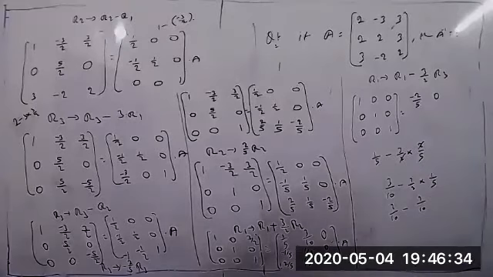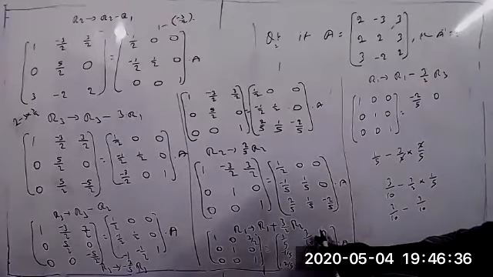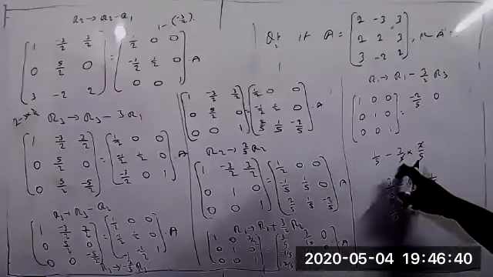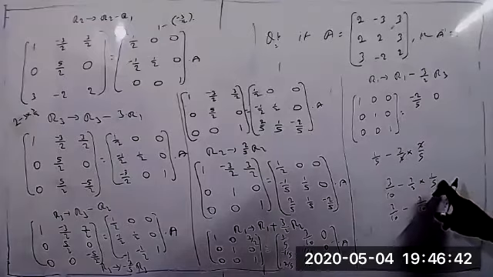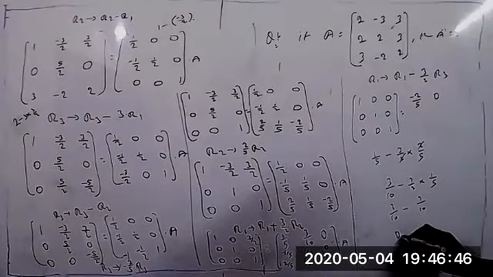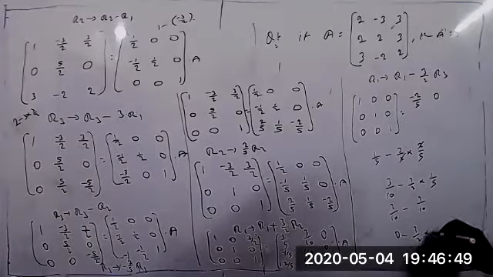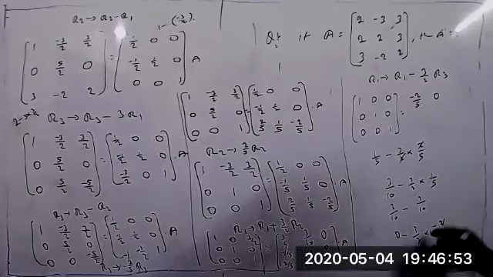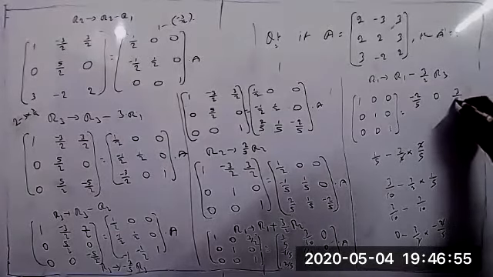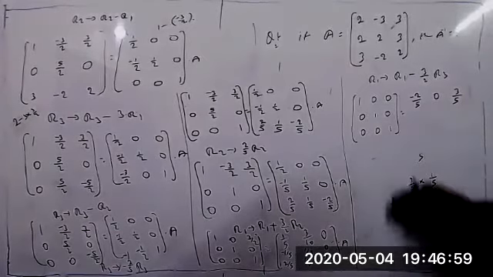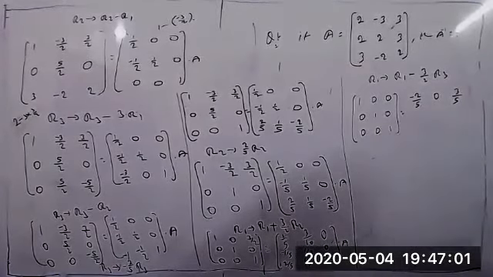Correct? Here now, R1: 3 by 10 minus 3 by 2 into 1 by 5. Sorry, this 3 by 2 into 1 by 5 is correct only. Next, 0 minus 3 by 2 into minus 2 by 5. The 2 will be cancelled, so minus into minus equal to plus now. So you can write this element equal to 3 by 5. The rest of all you can write as is only, because we are changing only the first row.